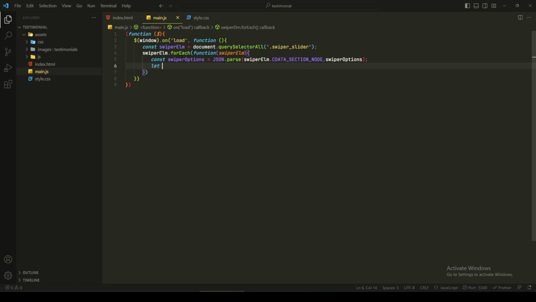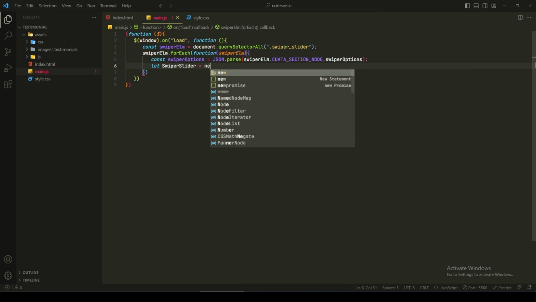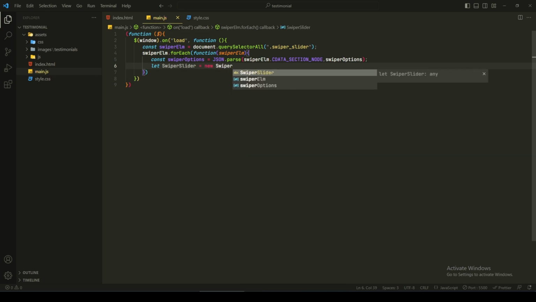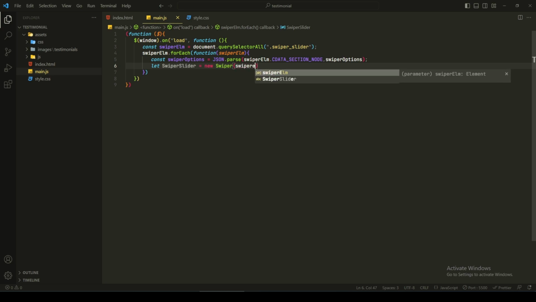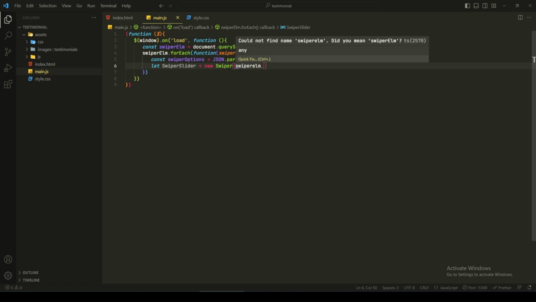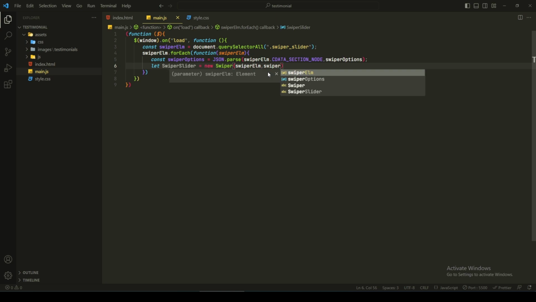swiper slider, swiper slider equals to new Swiper, swiper elm, comma, swiper elm, comma, swiper options,